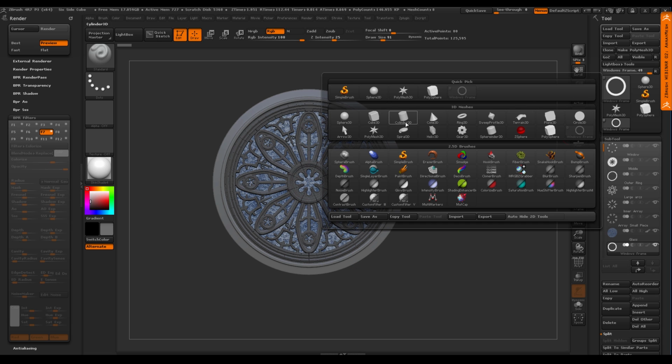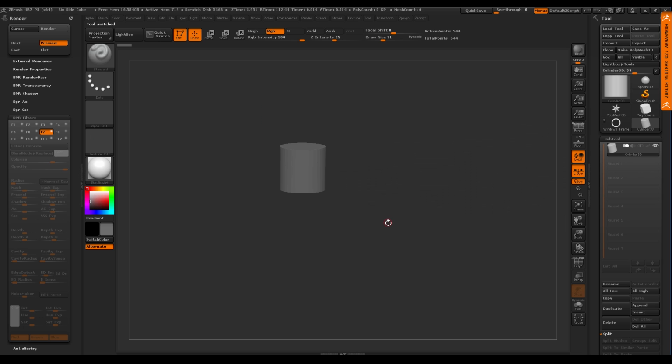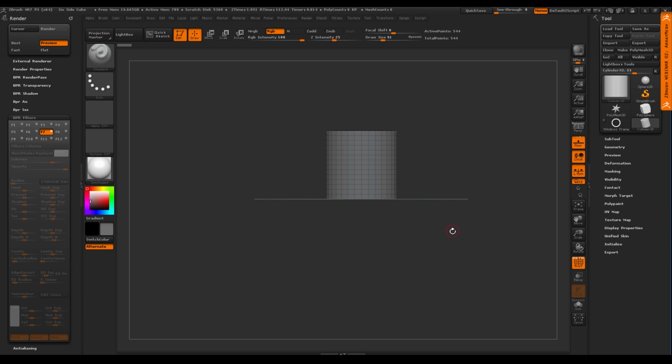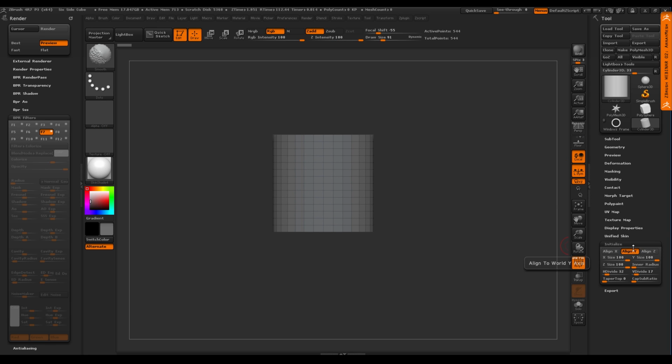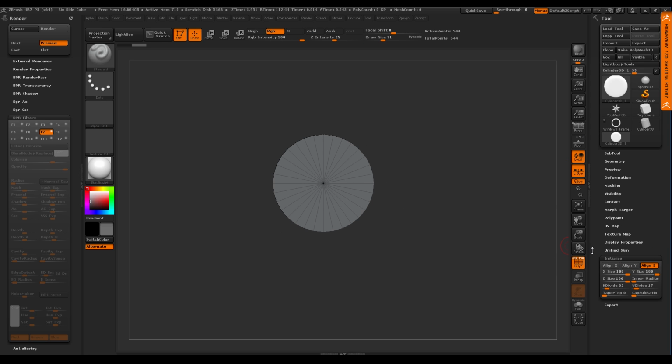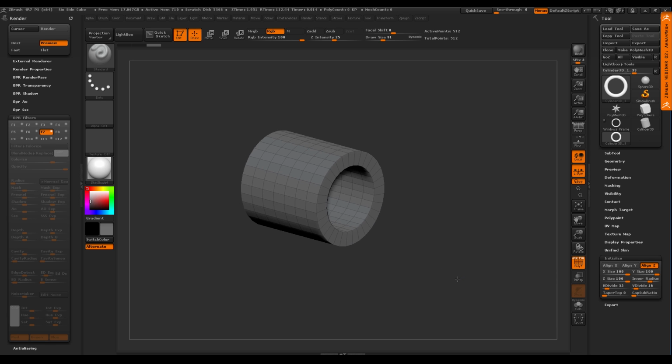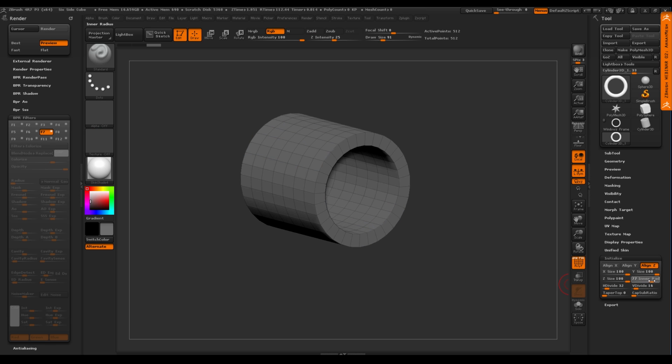We're going to start with the ZBrush cylinder. Okay. Again, I'm going to turn the floor on so you guys can see the axis points. I want to look along the Z because I want the cylinder top to look at me. Okay. So because this is a primitive, or mathematical primitive, I can go down to the initialized state. I can say align along the Z. So now I know that cylinder's facing the Z axis. I'm going to say I want an inner radius. Okay, which is good. Let's go maybe a little bit skinnier.